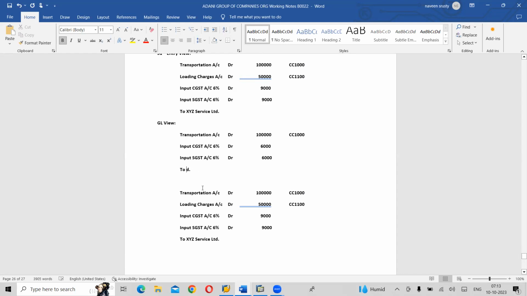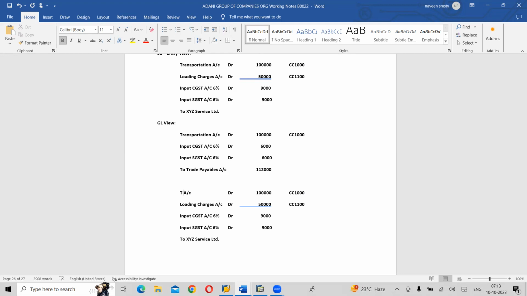So as I said, in GL view, instead of the vendor account, it will show it as a trade payables account, 1,12,000. And here also, it will take